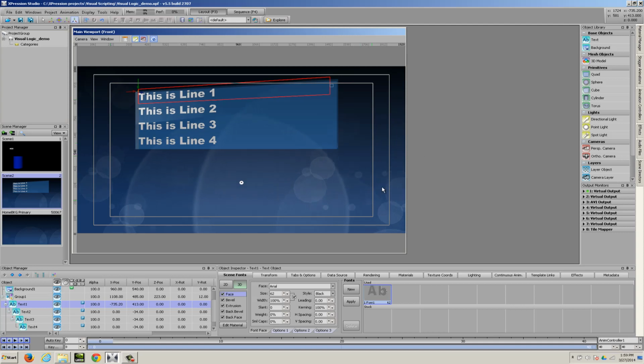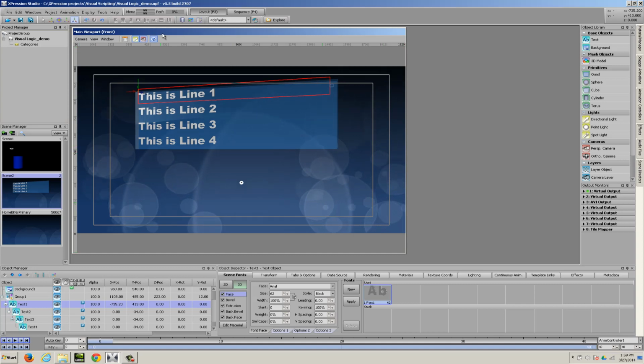So what Visual Logic is in essence is the ability for you to build smart templates, or templates that can control things like conditional animations or conditional position of objects, based on data values, for instance, or text input, or a variety of different parameters, without having to use script. So in the past, with all previous versions of Expression, this type of scene-based logic would have had to be implemented with scripting. Now this can all be done in a visual node-based environment, which looks like this.